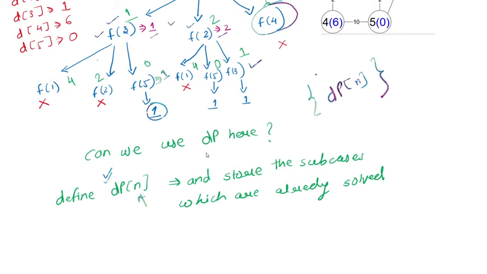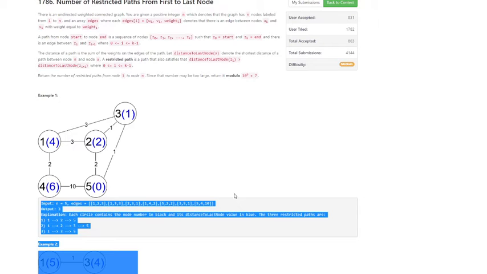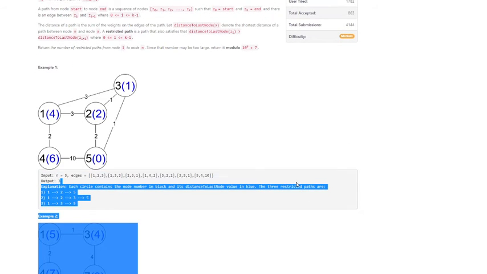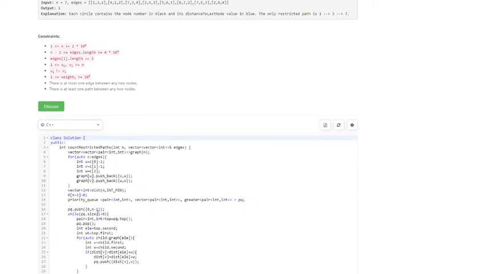So let me switch to our LeetCode solution. I have already programmed Dijkstra's algorithm, so I will simply start from the dp. This is the Dijkstra's algorithm. I'm sure it's easy to understand. Just go through one of the online resources and you will get it about Dijkstra's algorithm, right? So let us first do the DP solution.